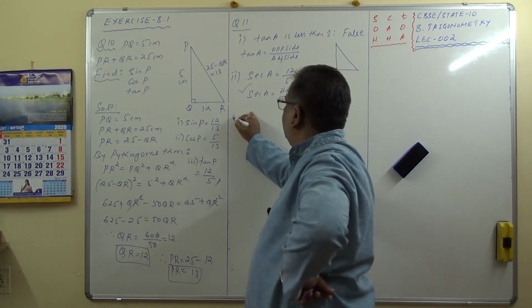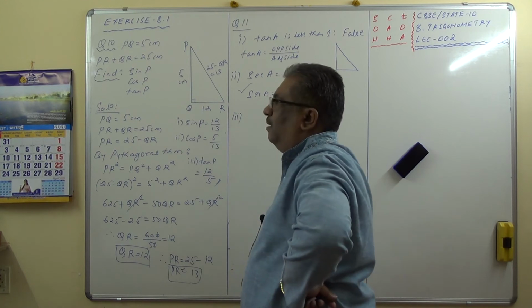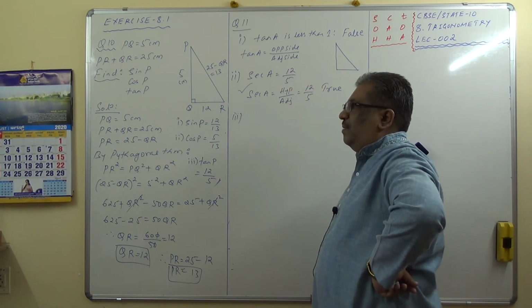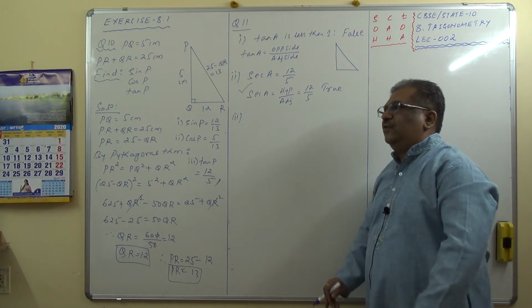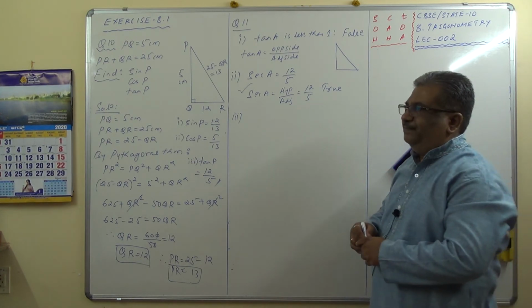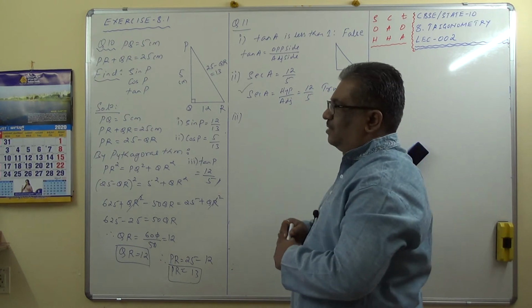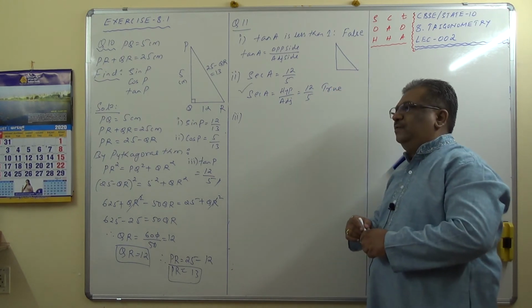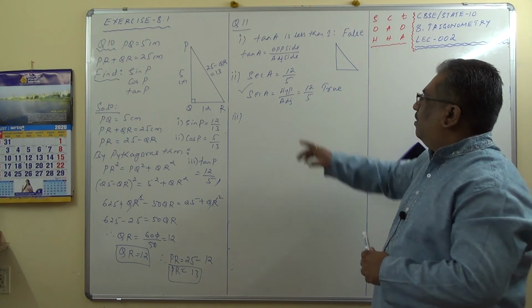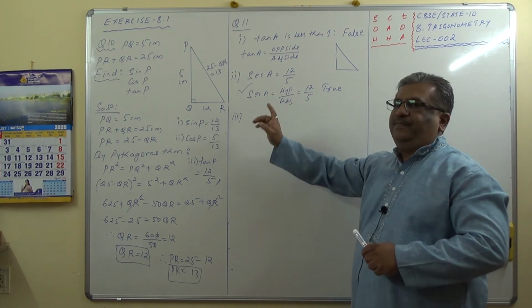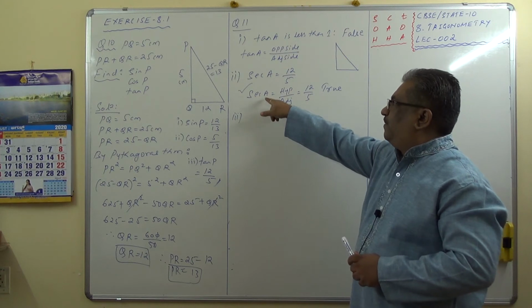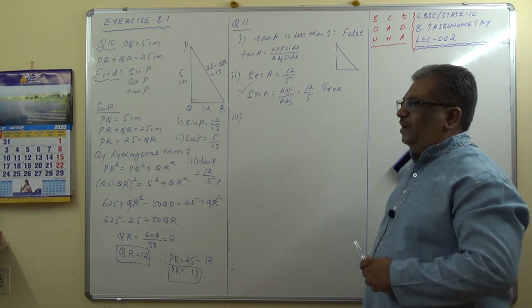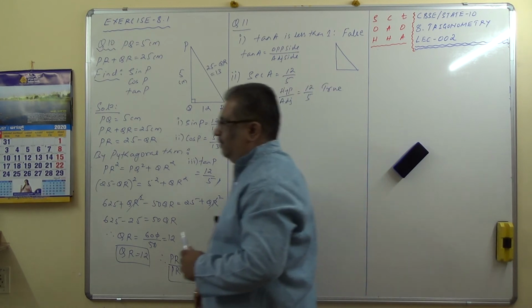Third one. Cos A is abbreviation used for cosecant of angle A. Cos A is not an abbreviation of cosecant. It is false. Third is false. Cot A is the product of cot and A. Wrong. All these trigonometric ratios are not the products, but these are the ratios of the sides with respect to the reference angle, which is an acute angle over here. And one more is there, I think.